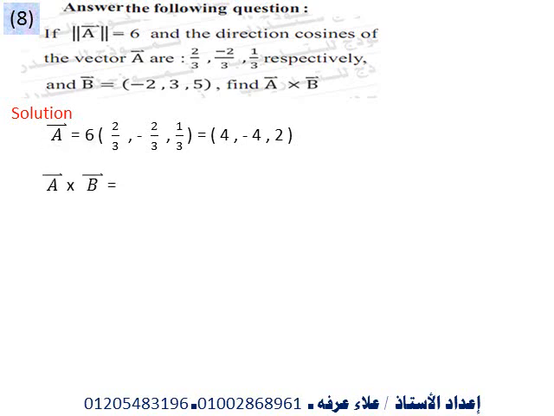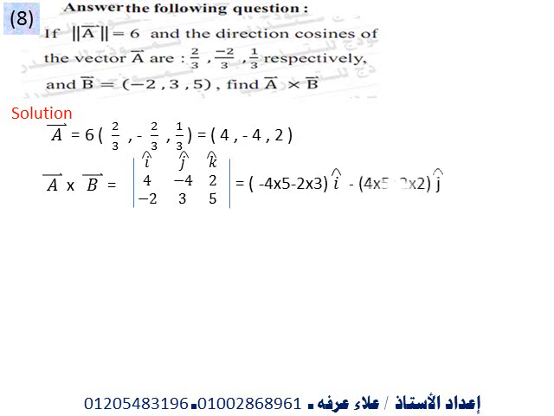Vector A cross vector B equals the determinant i, j, k, 4, negative 4, 2, negative 2, 3, 5. We can get negative 26i, negative 24j plus 4k. We can note